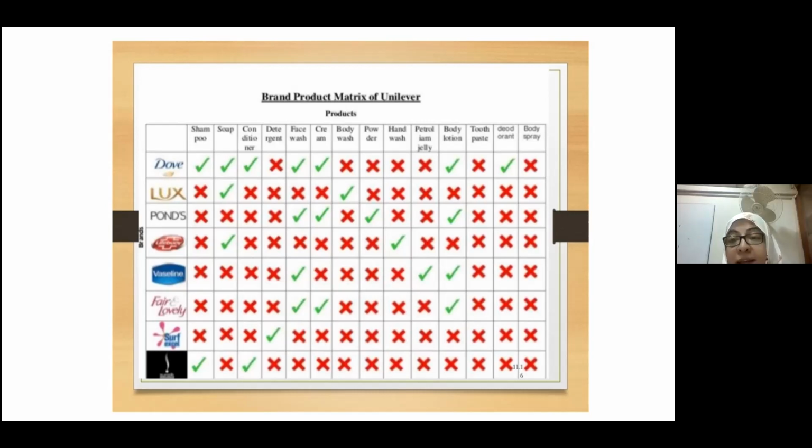लेकिन पैंटीन भी जो है वो शैम्पू है और डव भी शैम्पू है। Still Dove has a very different target audience customer segment, and Pantene has a totally different targeted customer segment। यानी Unilever के अपने ही दो brands हैं shampoos के, but it is able to gain a larger share of the total market by directing two different brands at two different customer segments।